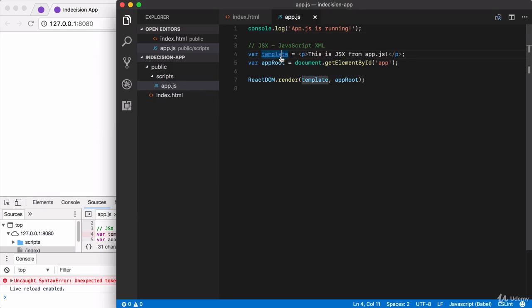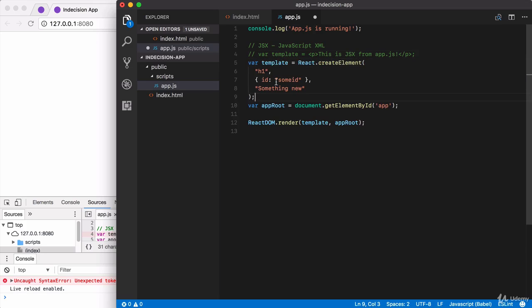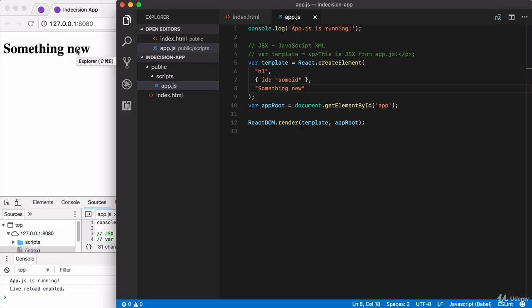Studio Code, I'm going to comment out the template that uses JSX, and we're going to take the output from Babel. So remember, we put this line in, we got this line out. Obviously, we switched it to an H1, and we have something new, but it's still exactly the same. I'm going to go ahead and save app.js, and right here we have something new showing up in the browser. This is indeed an H1 tag, and it does indeed have the exact text content that we set up. So clearly the browser doesn't understand JSX. It does understand React.createElement calls, so that's what we're going to be using behind the scenes anytime we create a